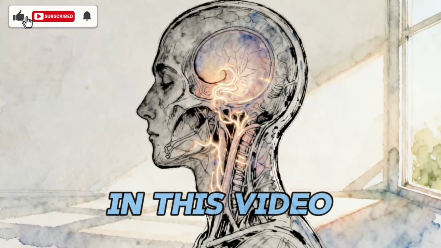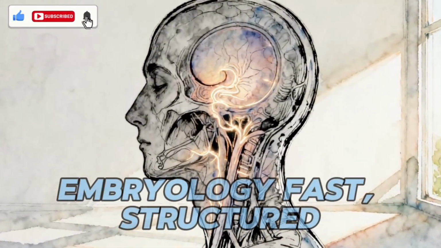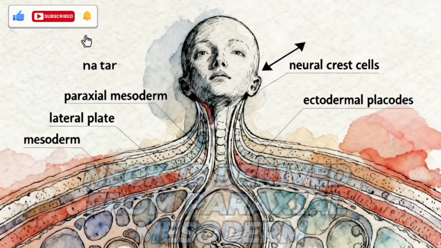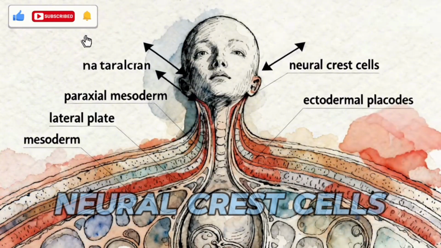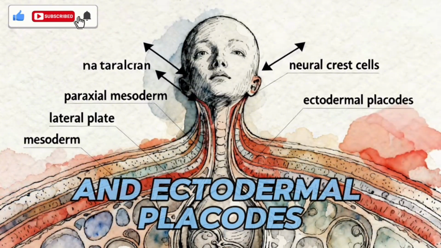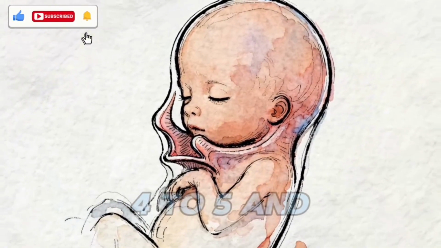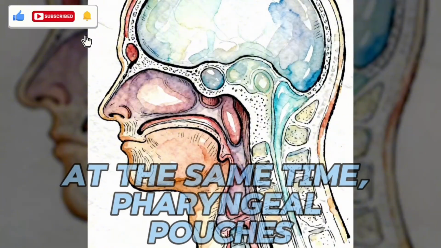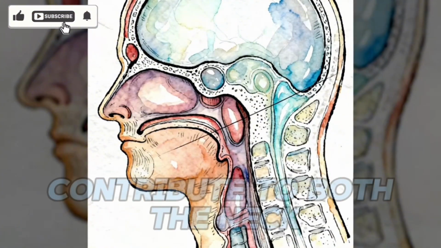In this video, we're going through a clear breakdown of head and neck embryology, fast, structured, and easy to remember. Mesenchyme in the head and neck is derived from paraxial mesoderm, lateral plate mesoderm, neural crest cells, and ectodermal placodes. The key feature here is the pharyngeal arches, which appear in weeks 4 to 5 and shape the external appearance. At the same time, pharyngeal pouches form along the pharynx, and together, these structures contribute to both the neck and